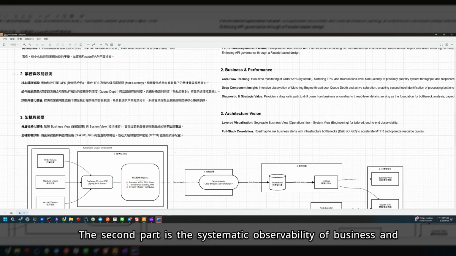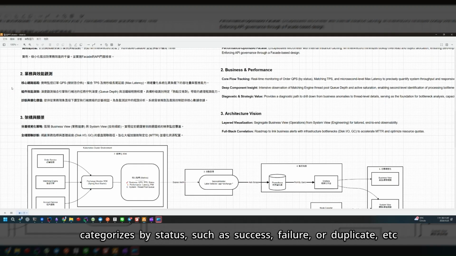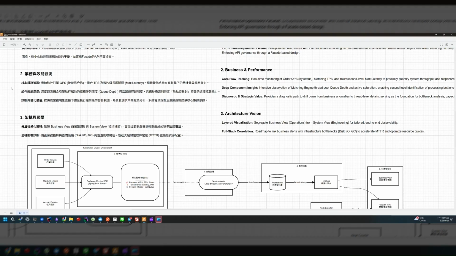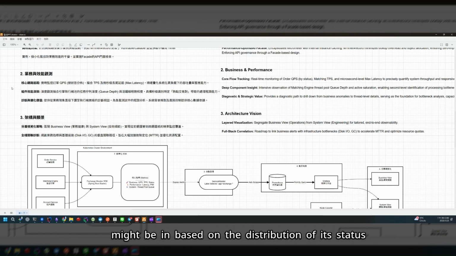The second part is the systematic observability of business and performance. For the business part, besides measuring the QPS of orders, it also categorizes by status, such as success, failure, or duplicate, etc. So, when there's an issue with an order, we can quickly pinpoint which part of the order process the problem might be in, based on the distribution of its